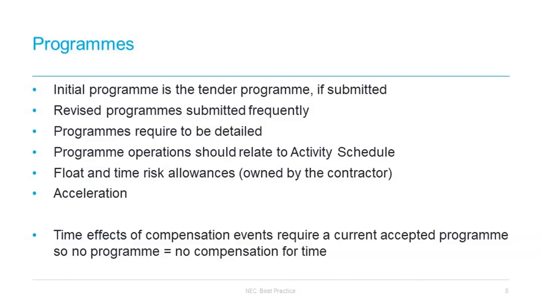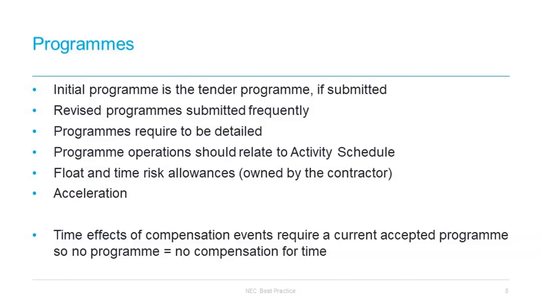However, where you have critical path time risk allowances which would affect the completion date, then the contractor essentially owns the float. If the critical path changes, then whatever float is built into the critical path as it exists at any given time is the contractor's. So, for example, if a compensation event results in the critical path changing and also results in that new critical path going past the completion date, you would get the benefit of that from a time perspective. If a non-critical path item has float or time risk allowances built within it, and a compensation event means that it then becomes critical path, then again the contractor owns those time risk allowances.